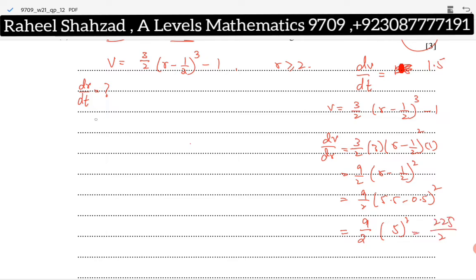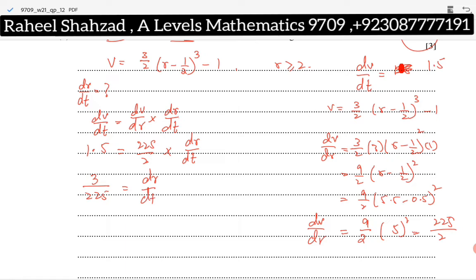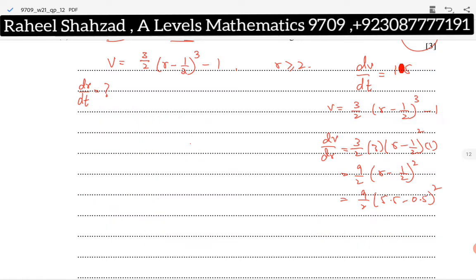So dV by dt is equal to dV by dr into dr by dt, that is required. Okay, so dV by dt is 1.5, equal to dV by dr, that is 225 divided by 2 into dr by dt. So it's 3 divided by 225, that is dr by dt. We can simplify it. It's 1 divided by 75, that is dr by dt. Okay. In next part,